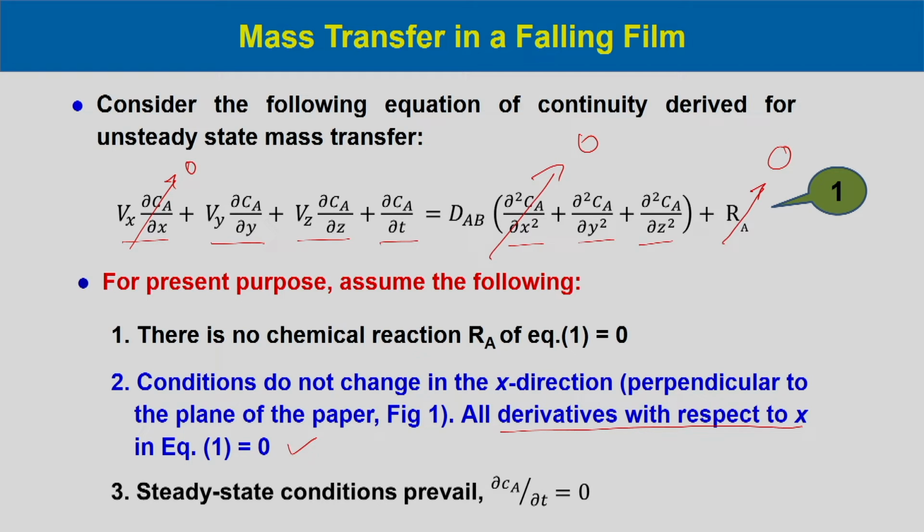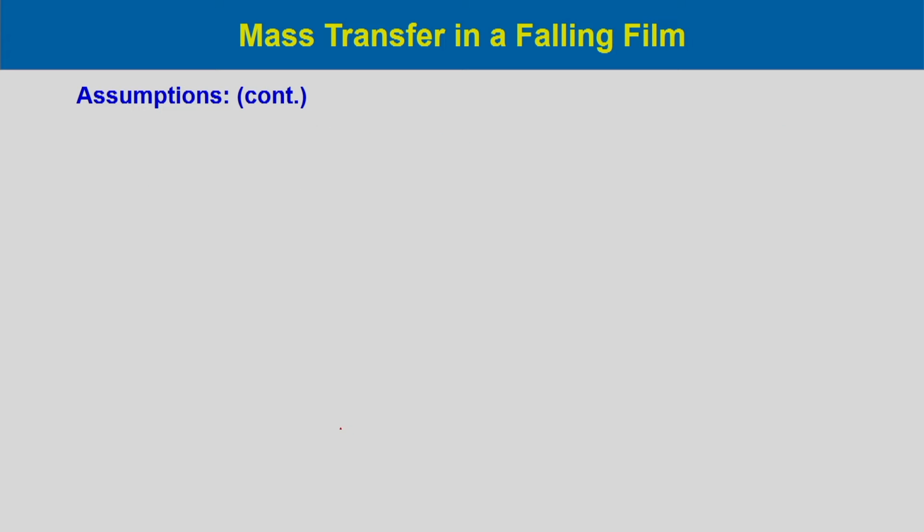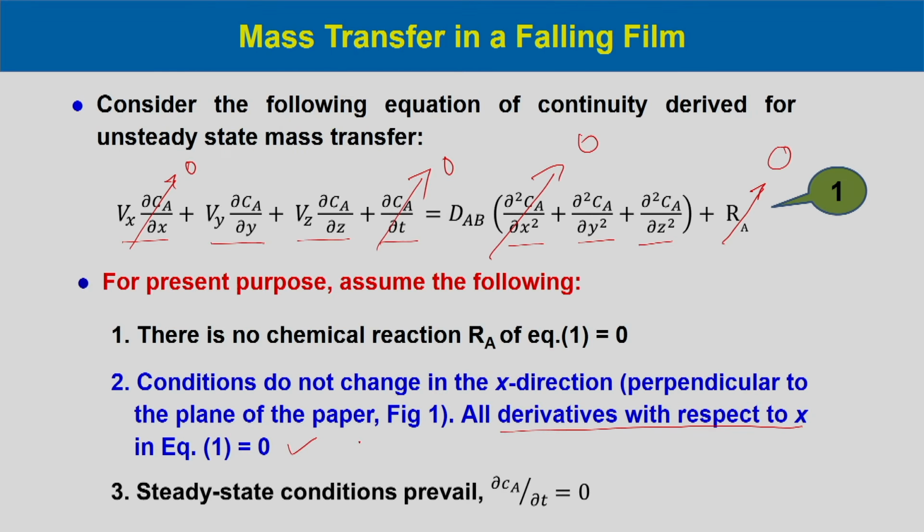If we consider steady state condition, that means del C A del t would be equal to 0. So, this part would be equal to 0. Another assumption is that the rate of absorption of gas is very small. This means that V z in equation 1 due to diffusion of A is essentially 0. So, if V z is 0, then this should be equal to 0,